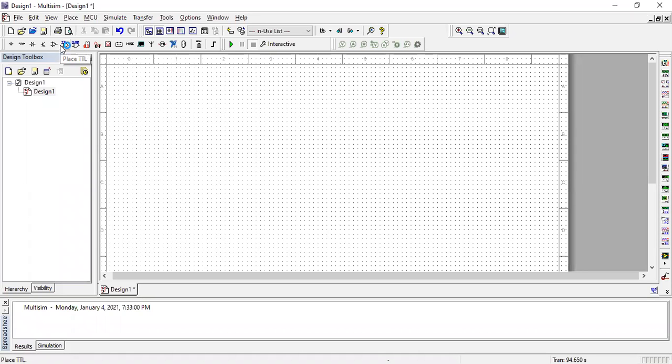Okay, so today's practical is about your simulation of half-wave rectifier. After making the circuit, we'll simulate that circuit in your multi-sim software, and after that we'll calculate your average value, your RMS value, and the peak-to-peak voltage for the given signal. So let's start to make your circuit first.